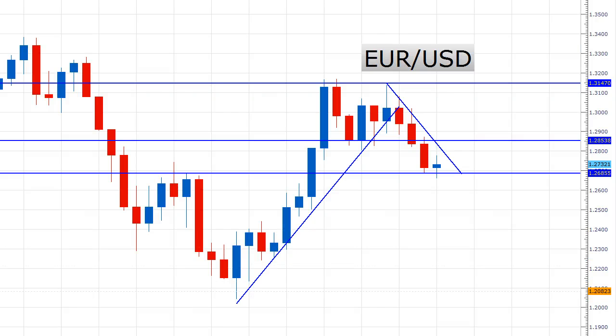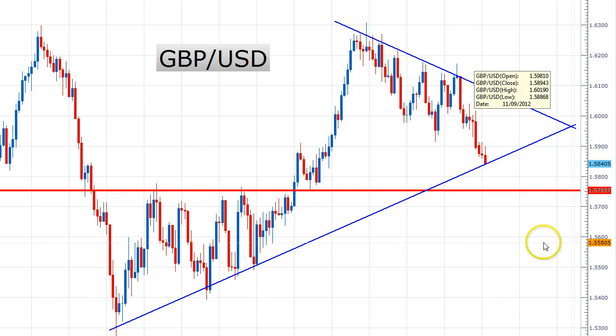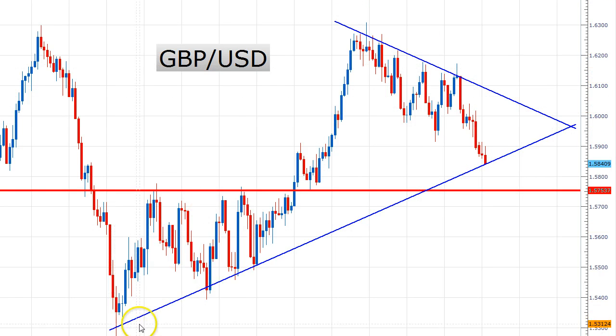Okay, so let's go ahead and move to the pound dollar. We won't take quite as long of a look, but we'll see what's going on with the pound dollar. All right, and so the pound dollar obviously still very, very bearish. We can see that today started out looking like it might be a bounce, but ended up just another strong bearish tail. And what you'll notice about the pound dollar currently is that from this little up move here, if you extend that trend line all the way out, that's about where we're at now.